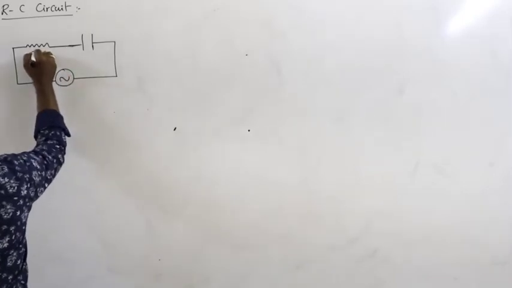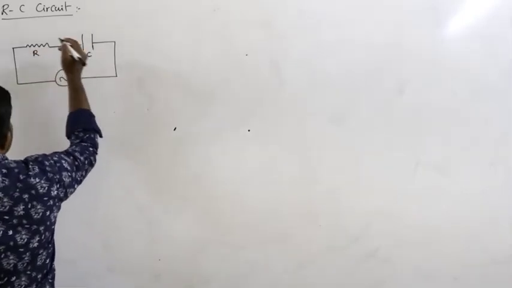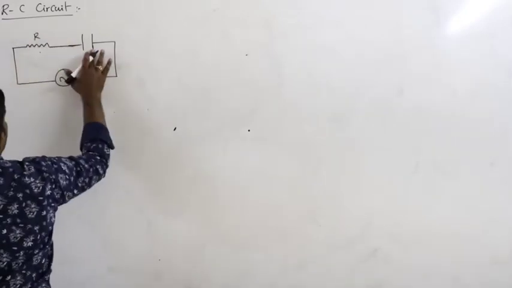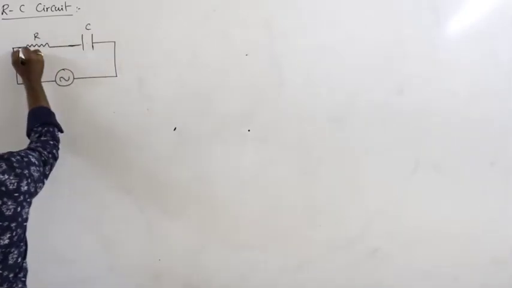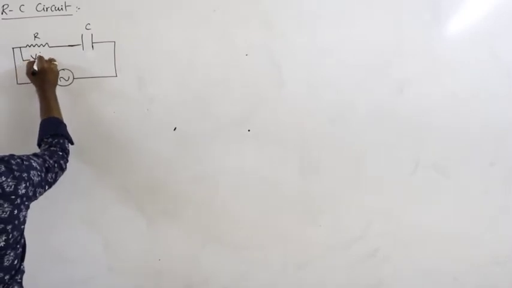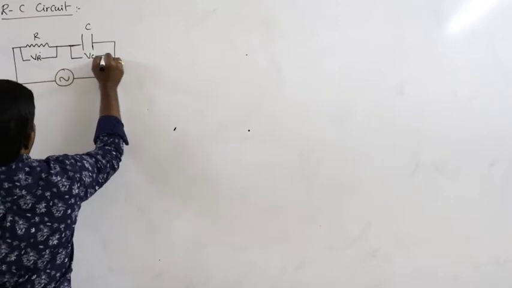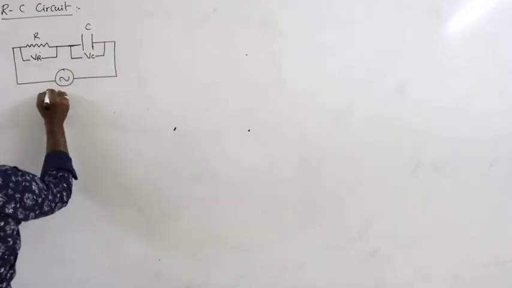This is resistance R and this is capacitance C, and this is VR, potential across the resistance, potential across the capacitance, and E is